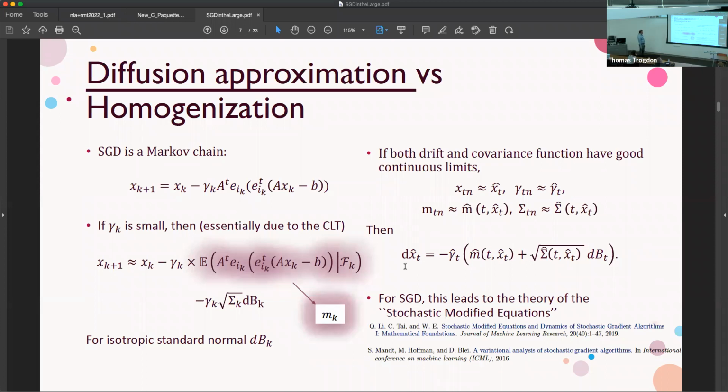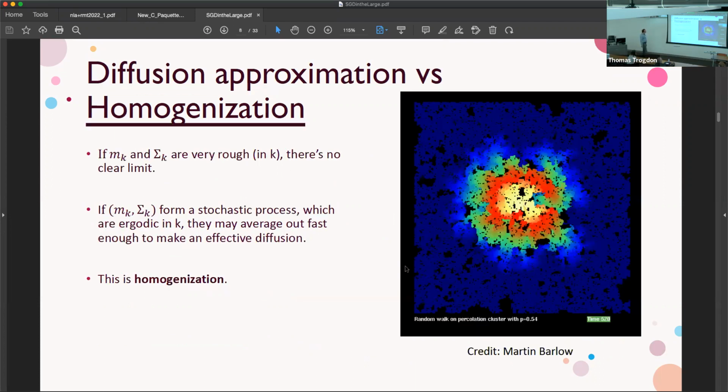So part of the problem with using this idea for SGD is that you really need that these functions are nice, smooth functions. You kind of also need that the dimensionality of the problem is fixed, and our dimensionality is getting big. So it reminds me of another phenomenon, which is called homogenization, which basically is the same idea as diffusion approximation, but it adds one extra idea,